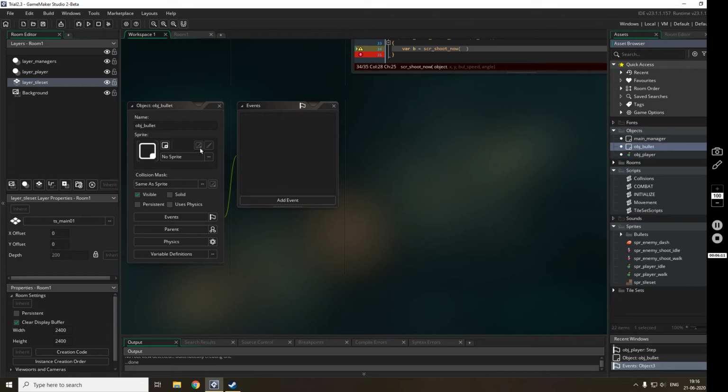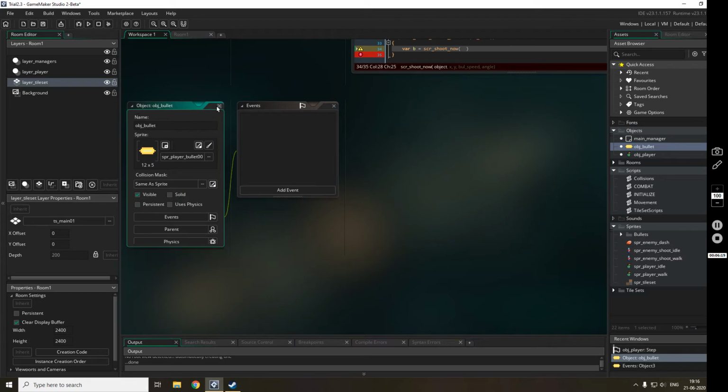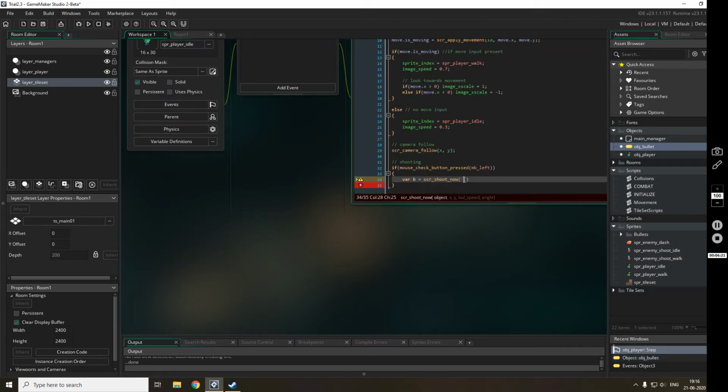It will not have any code right now, but we'll have to make it respect the range that we give it. Okay, so scr_shoot_now and obj_bullet, and then x, y, and bullet speed.